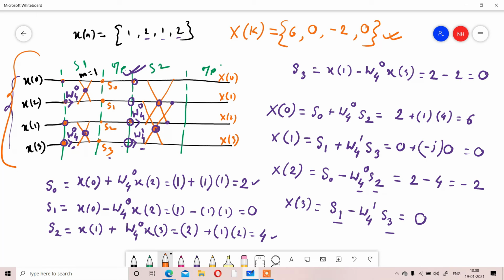Now if we need to calculate the inverse DFT, meaning if Xk is given, you have to calculate xn. So what you will do, you just need to make two changes and everything will be the same. That is the advantage of this process, that the structure will remain the same, the process will remain the same, you just need to make two changes, then you will get your inverse. And what are the changes?